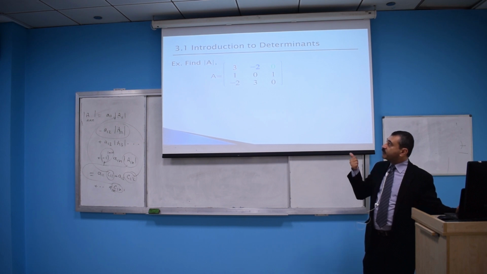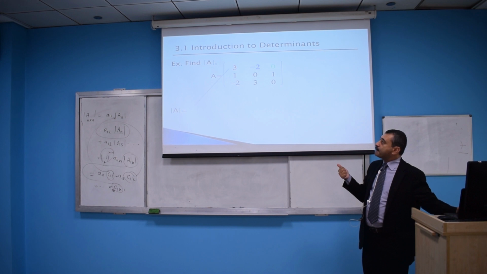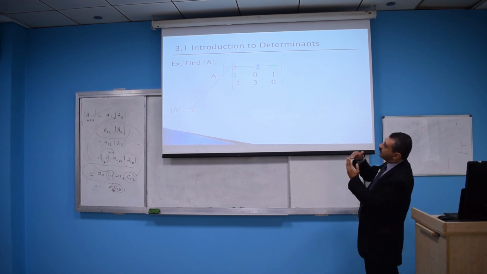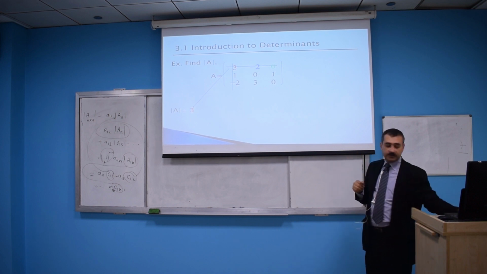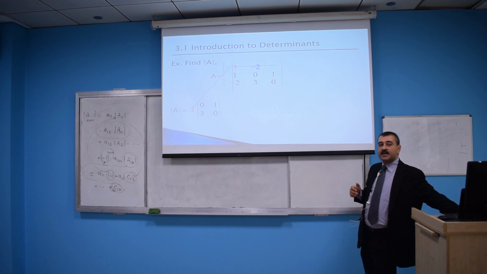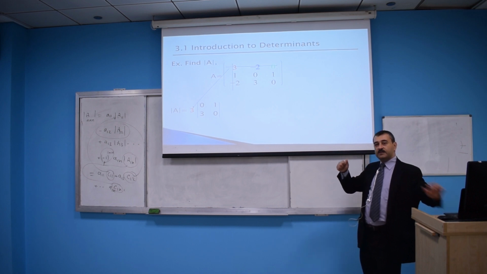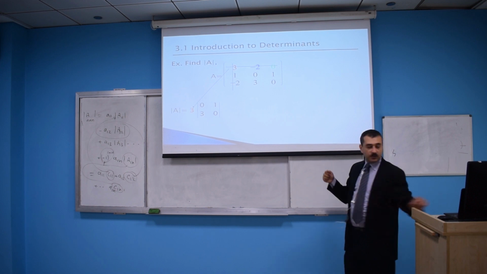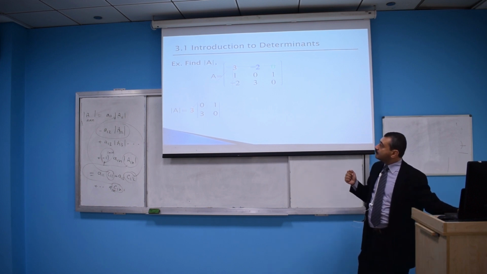The first one is 3 multiplied by the minor: you cover the row and column and write the remaining minor determinant, which is 0, 1, 3, 0. The second term, positive or negative? The second term would be negative. So it would be minus